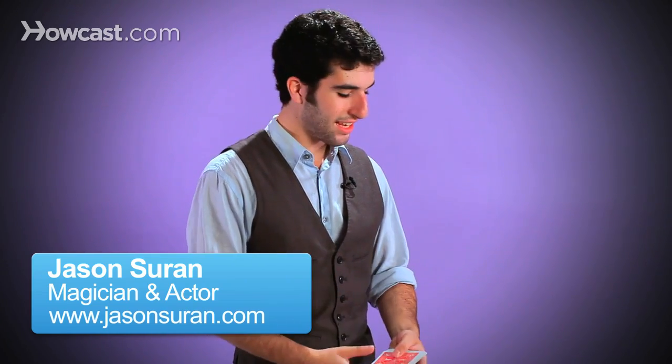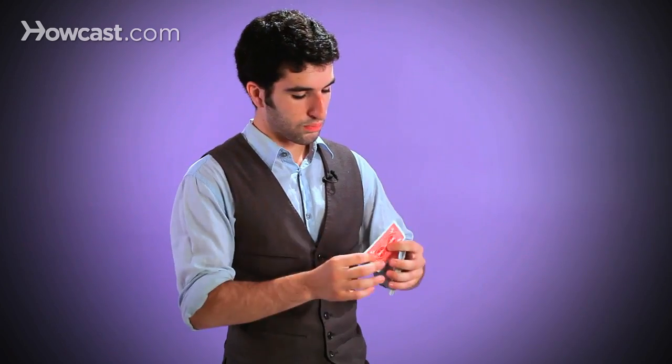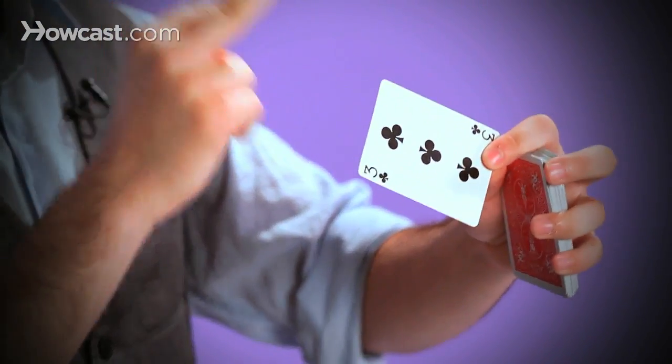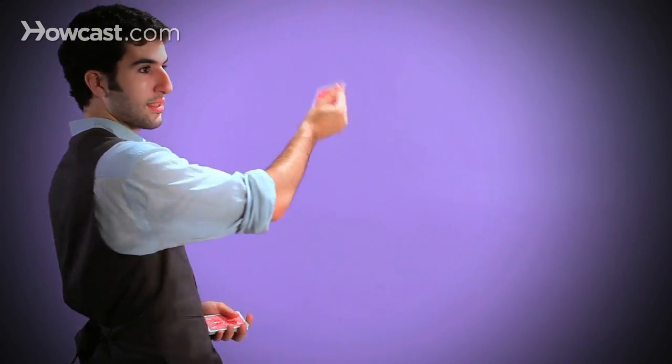So right now we're gonna learn how to throw some cards. I don't know if anybody was like me growing up watching X-Men, wanted to be Gambit. I thought this was the coolest thing. It basically works just like this. You just take a card, right? You hold it right between these two fingers, right between your second and third finger, and you just...